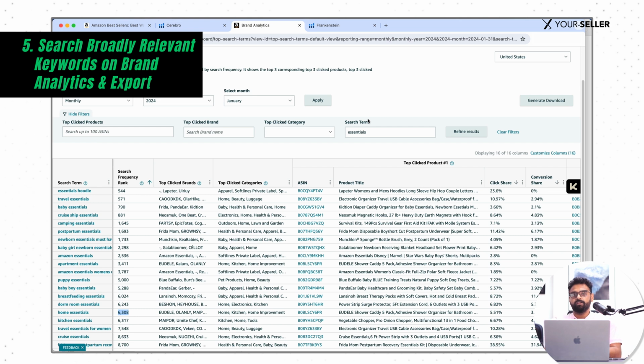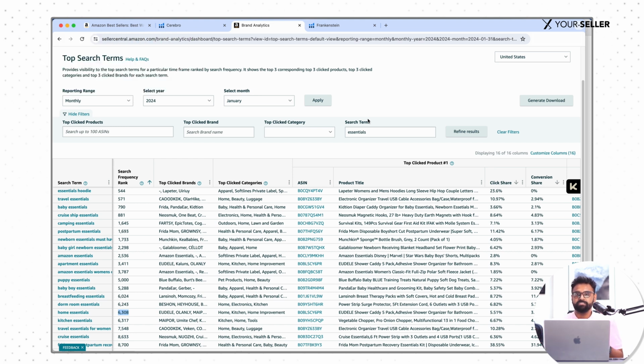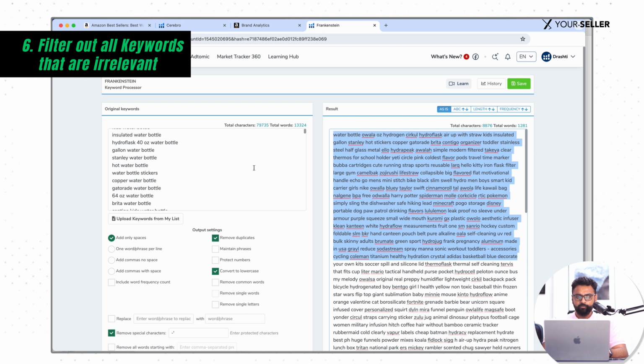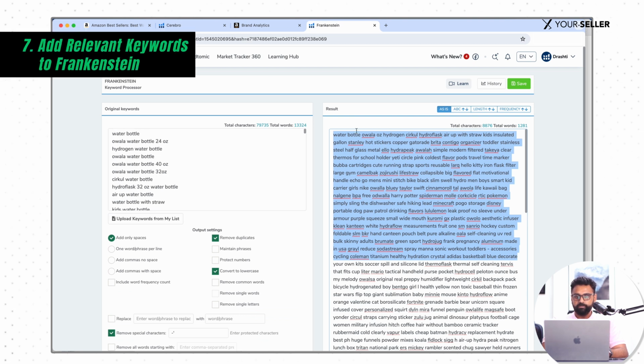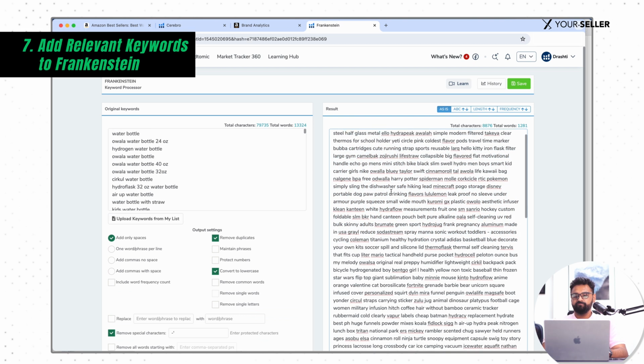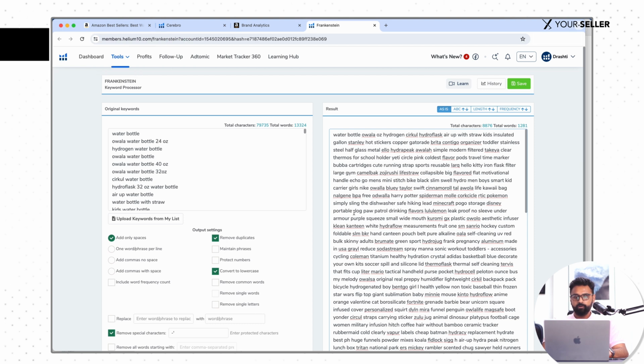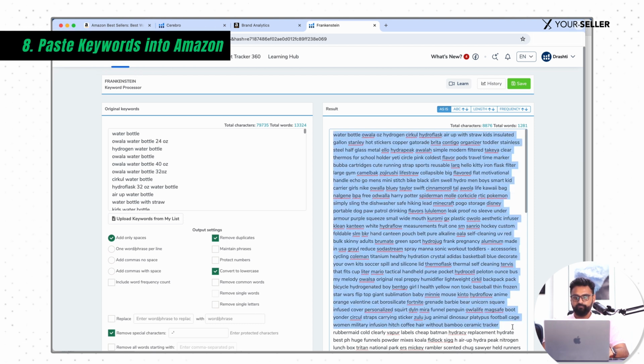What you'd want to do after that is use the keywords from Cerebro, from the most relevant search that you did from brand analytics and the broadly relevant keywords, and filter these out for any keywords that are non-relevant or not needed. And then head over to Helium 10 into Frankenstein and paste those keywords. And this would give you a list of all unique search terms that can be used in order to be added into Amazon. Now head over to Amazon, take all of these keywords, paste it into your Amazon